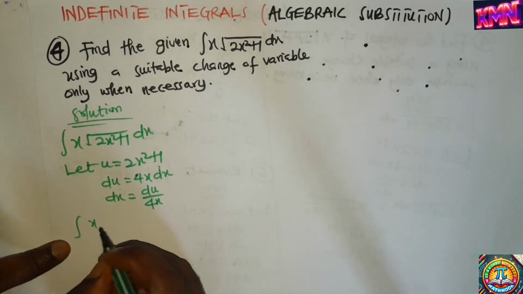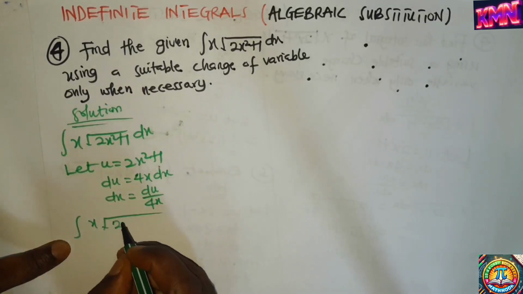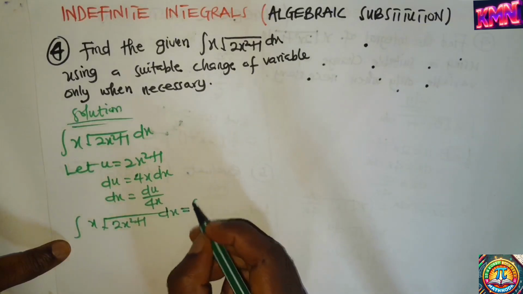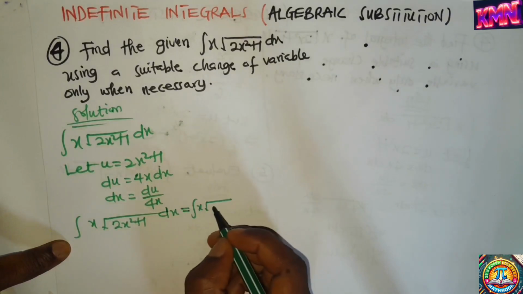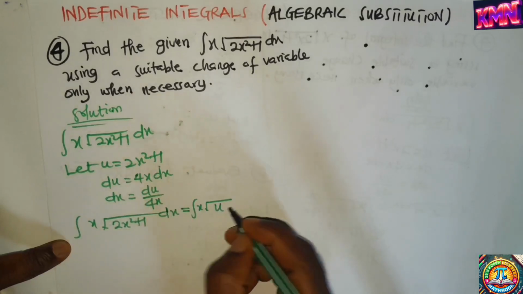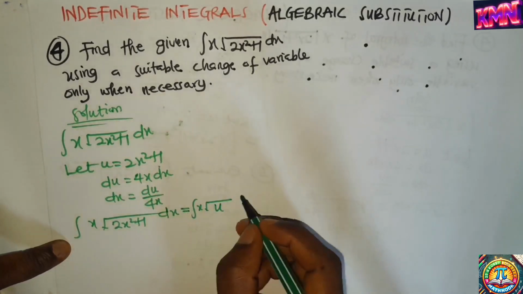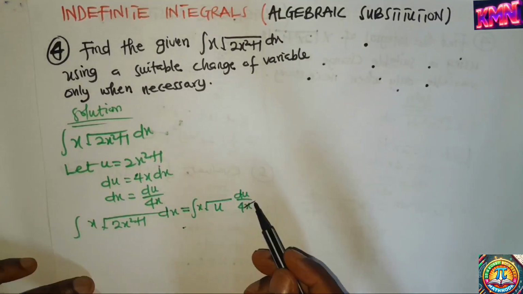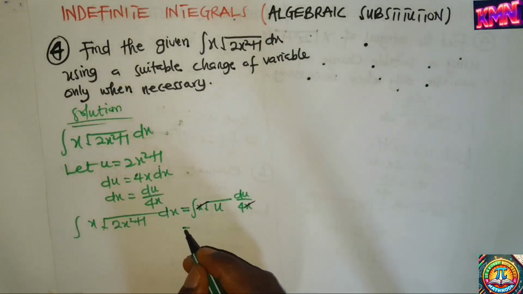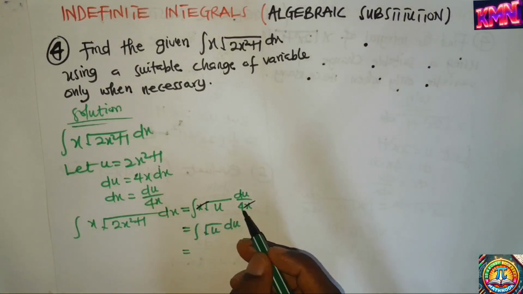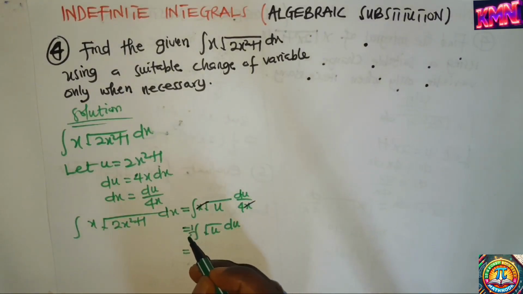Integral of x root 2x squared plus 1 dx is now the integral of x root, remember the whole of this is now u, so root u, and then the dx is now du on 4x, of which you can see that this x cancels this x, and now we are going to have the integral of root u du. This 4 we factorize, we are going to get 1 on 4, so we have 1 on 4 integral of